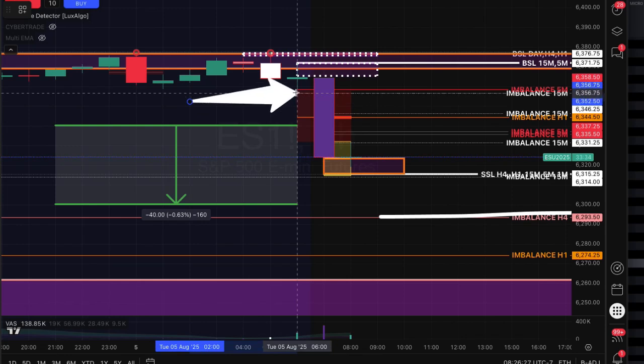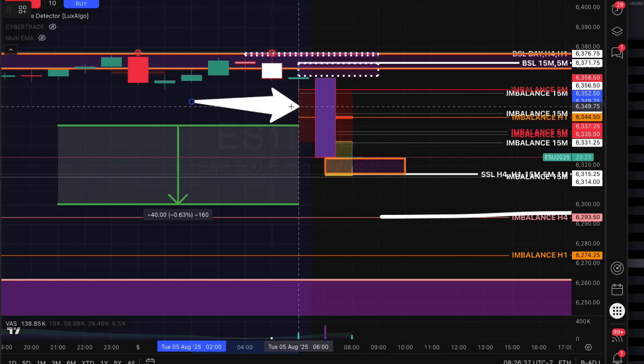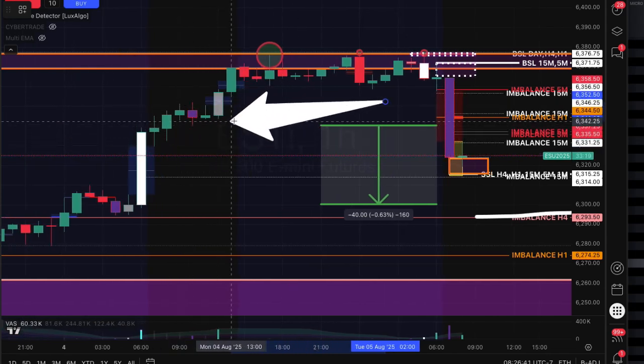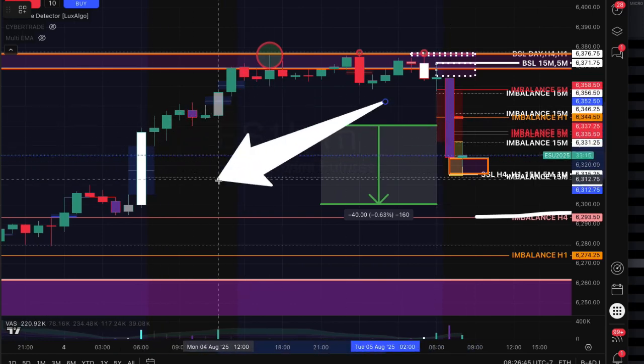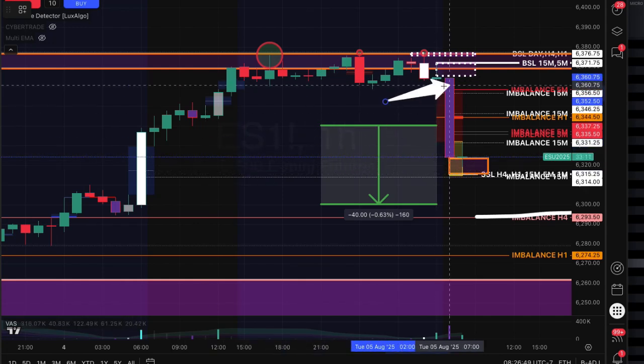So right here, where it was being made, they didn't see that, right? They did not go down to the 1 minute and see if this was going to continue down there to get an entry, right? And then they have nothing to hit over here but sweeps, which are basically little swings, right? And then the target would be right here, right where we came to. But now, as this pulls down,